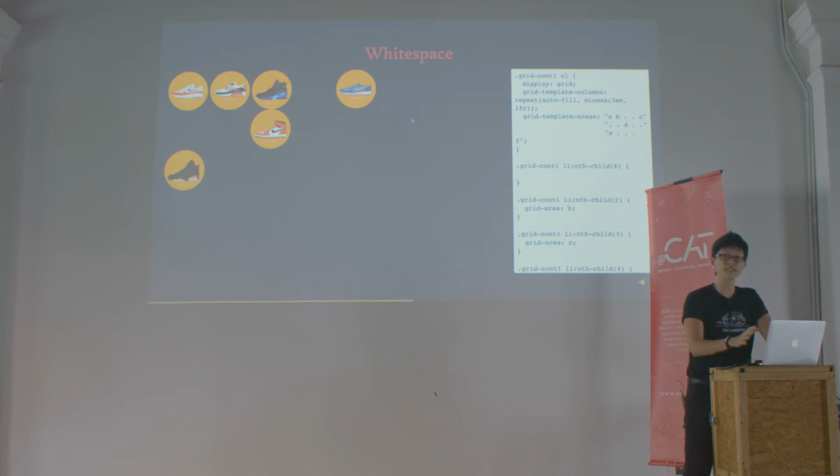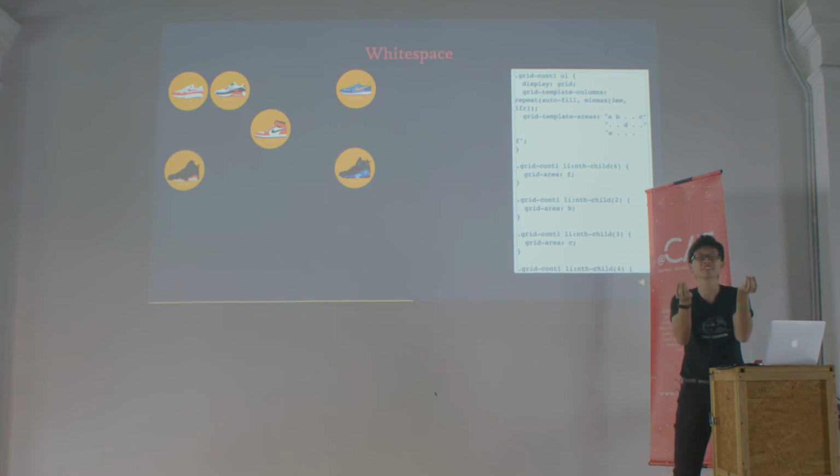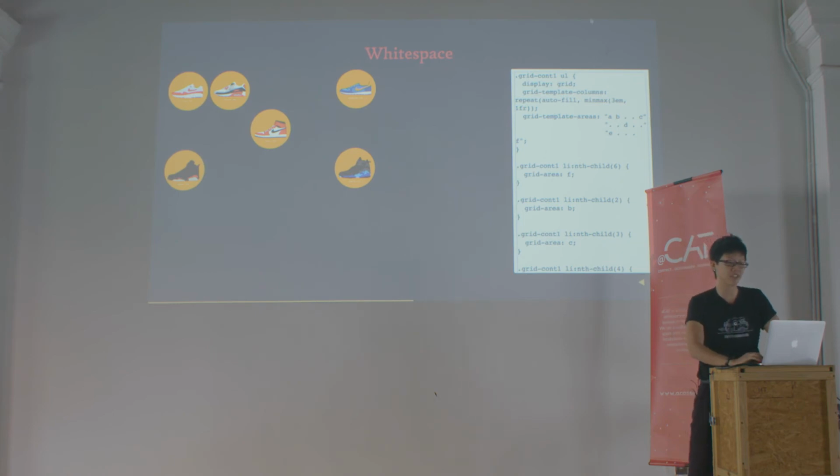So think of it like placing pieces on a chessboard based on the grid-row and grid-column properties of each item. But of course, a cool thing about grid is that there is also this property called grid-template-areas, which is great for white space because I can actually define empty cells using the dot notation. So placement of items using the grid-template-areas property involves telling the item exactly which grid area it needs to go into. So I'm going to shift the 6th shoe into the grid area named F. And I'm sure you can come up with better names than A, B, C, D, E, F. I just suck at naming things, OK?